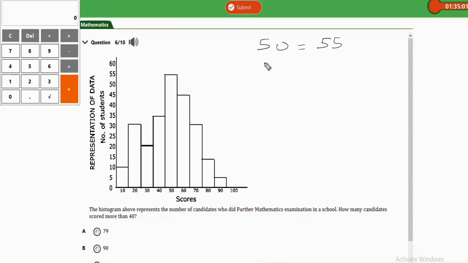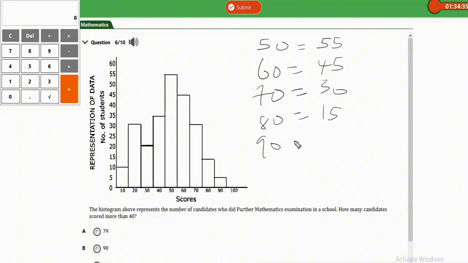Alright, people that scored 60, when you trace it, we have it to be 45. Okay, people that scored 70, when you trace it, you have it to be 30. Then people that scored 80, when you trace it, you have it to be 15. Okay, people that scored 90, when you trace it, you have it to be 5. Alright, so number is called 100. So let's get the total. Let's do this